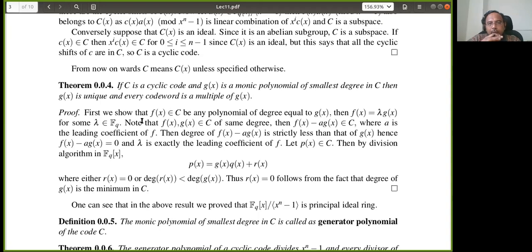So look at the name, generator matrix. Now we have a generator polynomial. That is the idea. So how will this generator polynomial come? I have a cyclic code, then I have an ideal. So in that ideal, how do I get that g of x? I am just telling you the purpose. Out of all the polynomials in C, I will take the smallest degree polynomial.